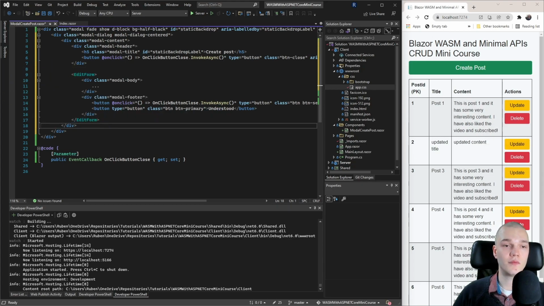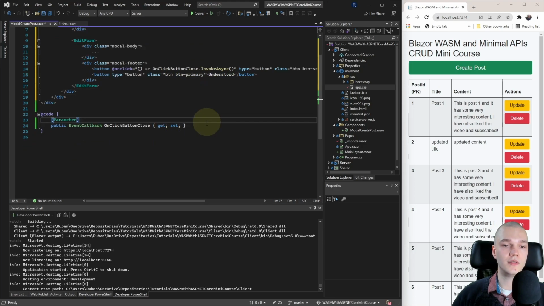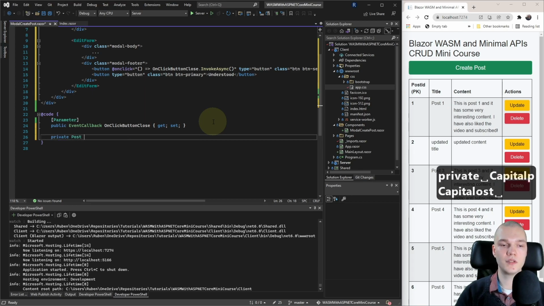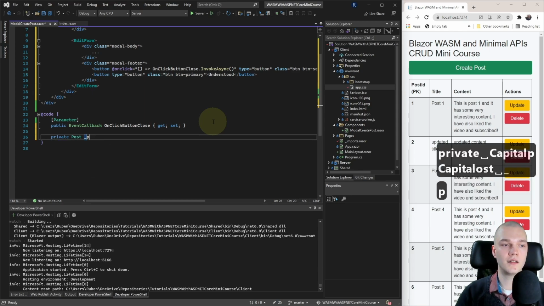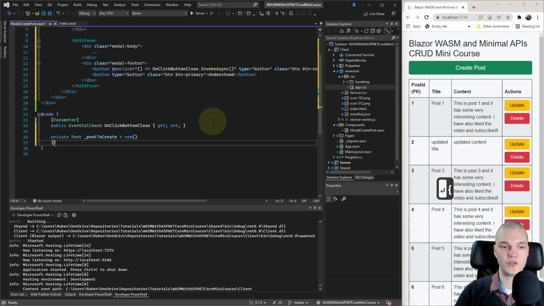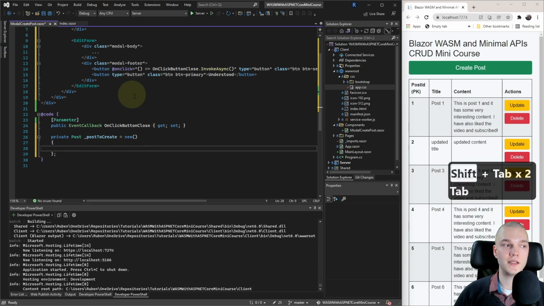So that EditForm wants a post object to work with and something to call when the submit button is clicked. So in the code below the parameter, I'll add private Post and name it _postToCreate equals new, and I'll just initialize the properties here.